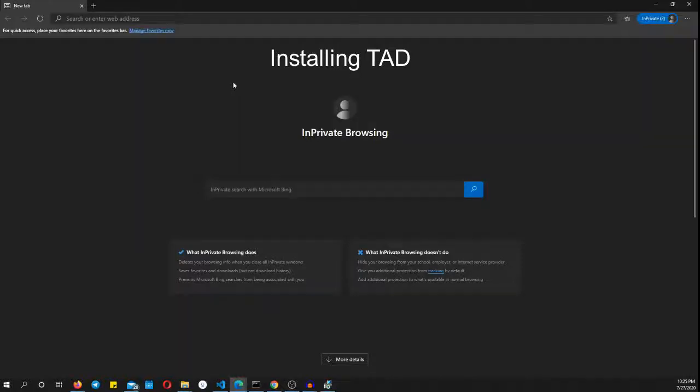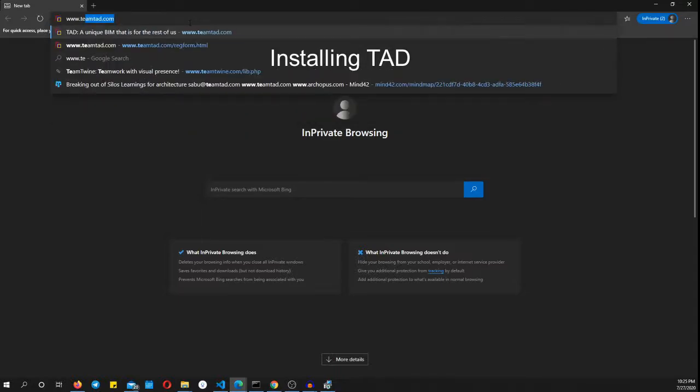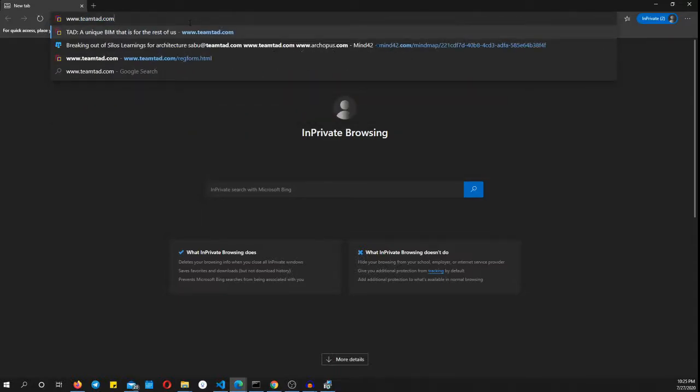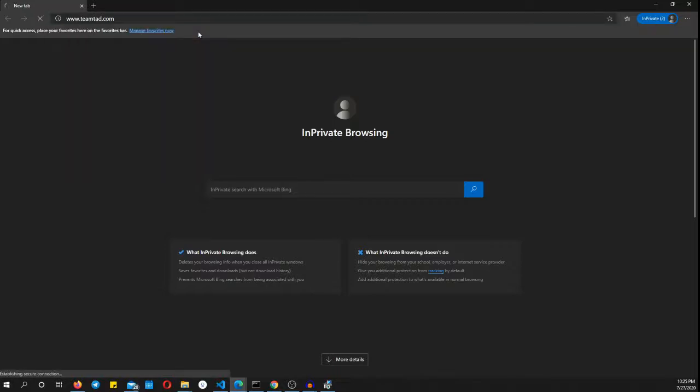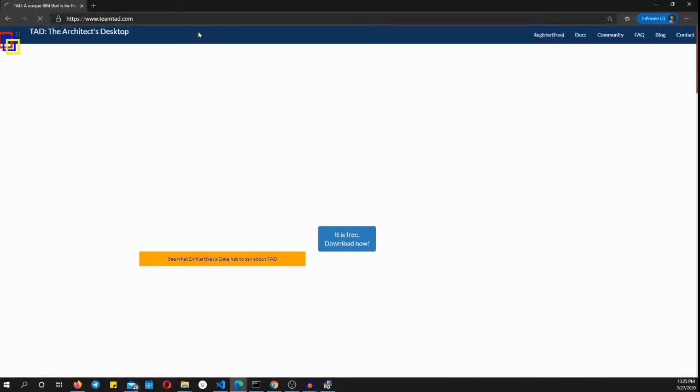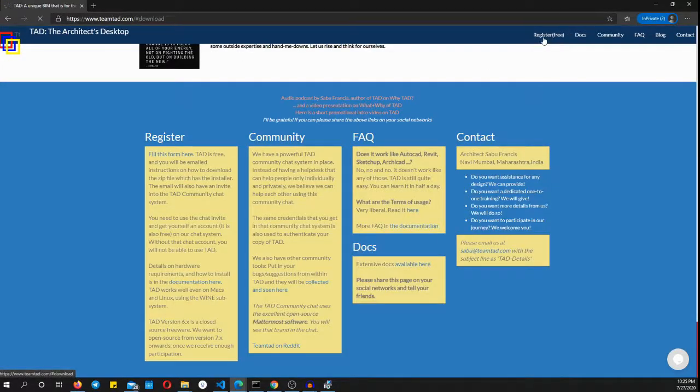Hi, let me explain right from the beginning how you get yourself a registration for TAD and how you start installing it on your computer. So the first step is to go to teamtad.com, and the second step is to go to this particular register